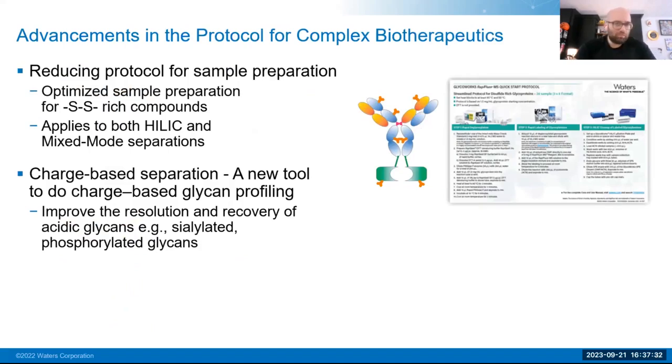So what we did was provide just a simple modification to the existing protocol, specifically within the denaturation step. A lot of these new fusion proteins that are coming down the pipeline, and some that do exist that are falling out of patents, have very complex disulfide bond structures that need to be broken down to allow for full access by PNGase F for release. So really what we're looking at is the ability to do that quickly, as well as some mixed mode separations to take advantage of the sialic acids that are present on a lot of these higher order structures.